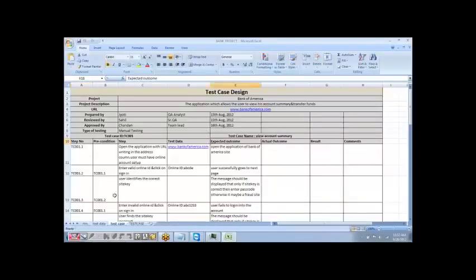Okay, so here is somebody has prepared. I think Jyoti had prepared it. A very good document. Let me pick this one. So this is a Bank of America online banking project, and we will be using this project and creating this in our Quality Center. Just observe how we are going to create it.